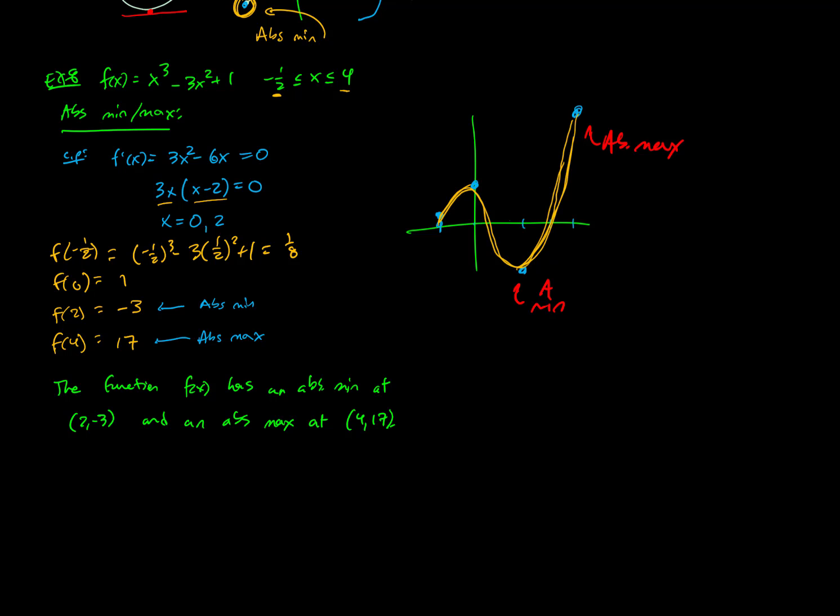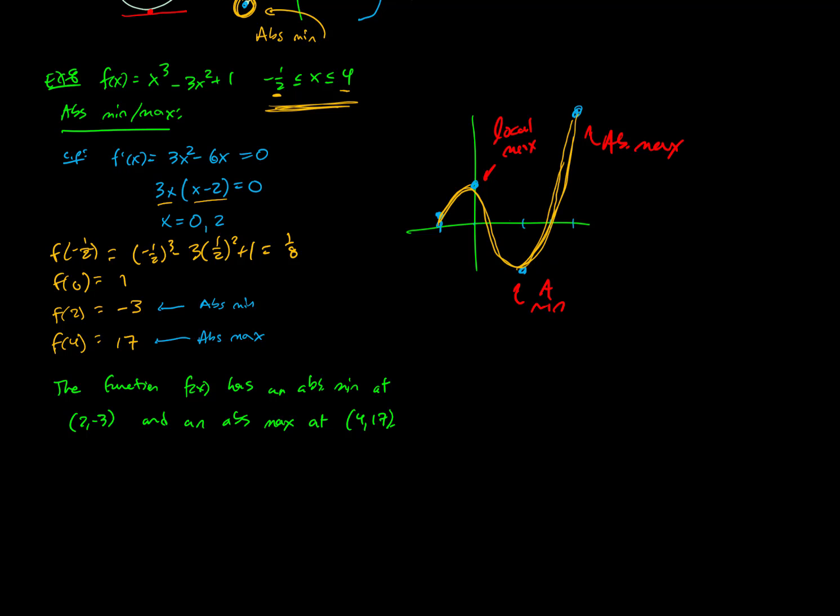So at 0 here, we do have a local max. That's the highest point in the region, but it's not the highest point overall. It's not the highest point over everything. The highest point over everything would be 417. Now, we have to limit ourselves from -1/2 to 4